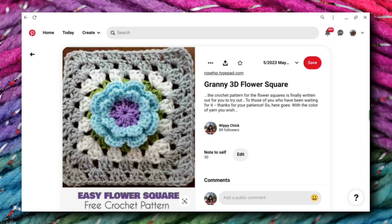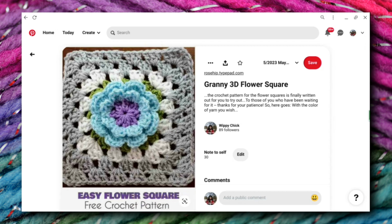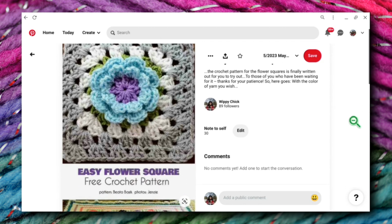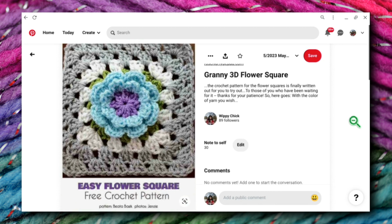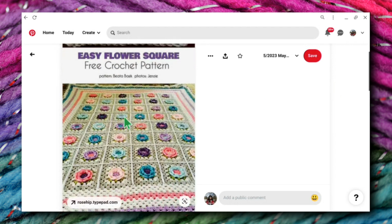Okay, everybody, here we are with day 30, and this is a beautiful pattern by rosehip.typepad.com. It's called the Granny 3D Flower Square, and obviously it's three-dimensional, which is why they call it the 3D. It looks very simple, and honestly, I'm not super crazy about this color choice we have here, but I love this color choice. So when you put them all together, it's just really pretty, and it is definitely the classic granny square and granny border